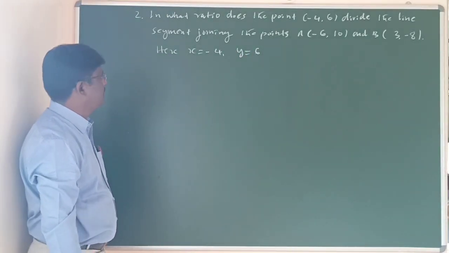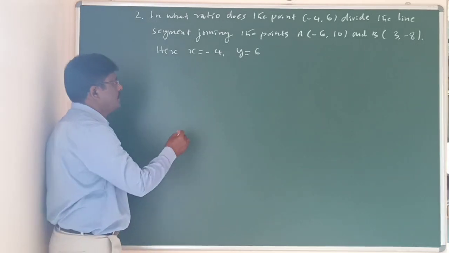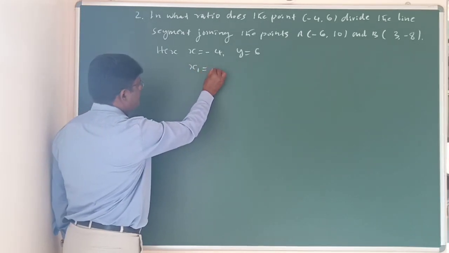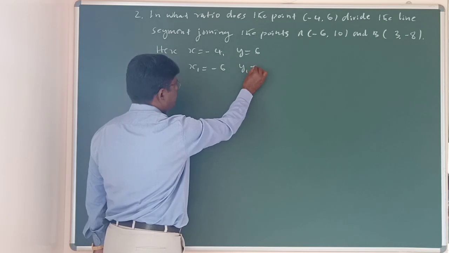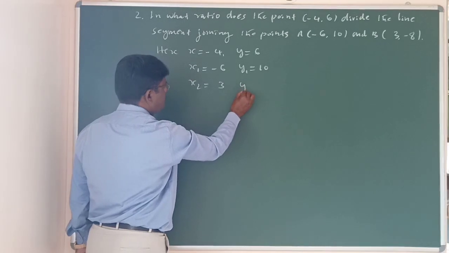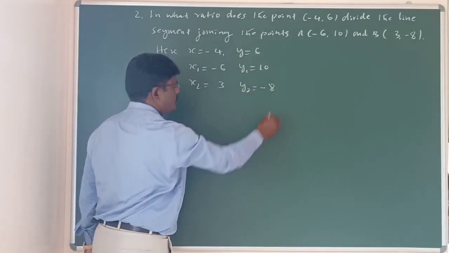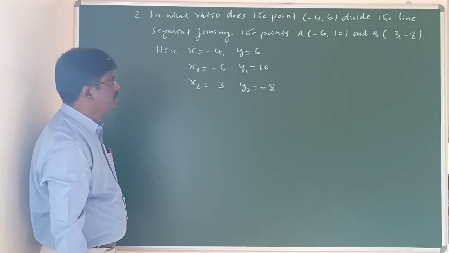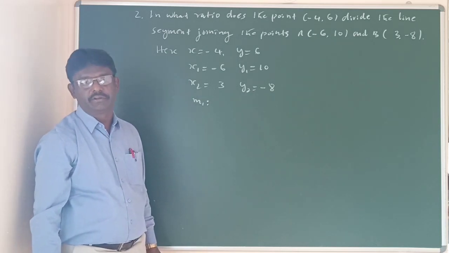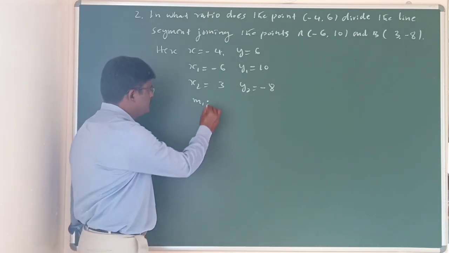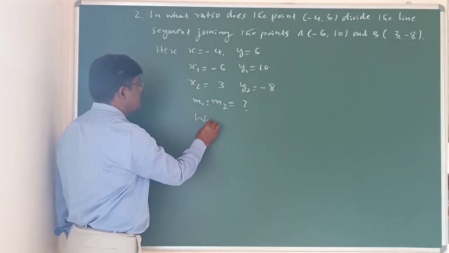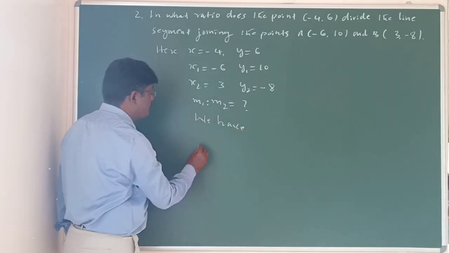divide the line segment joining the points A of (-6, 10). That means x1 is -6, y1 is 10. Correct? Next x2 is 3, y2 is -8. Next, what we have to find out? In what ratio? Hence, we have to find out m1 is to m2. Then by the section formula, we have,